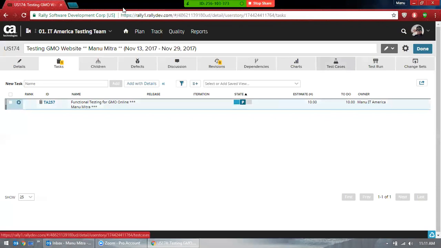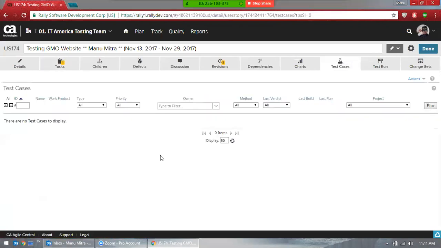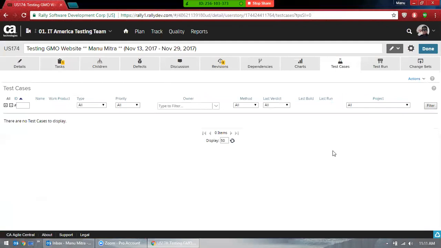Here you are going to create your test cases. To create a test case in Rally specifically, hover your mouse over this Action, which is located in the upper right corner, and click on New Test Case. You just need to hover, you don't even have to click something. Just hover your mouse and click on New Test Case. Okay, good.